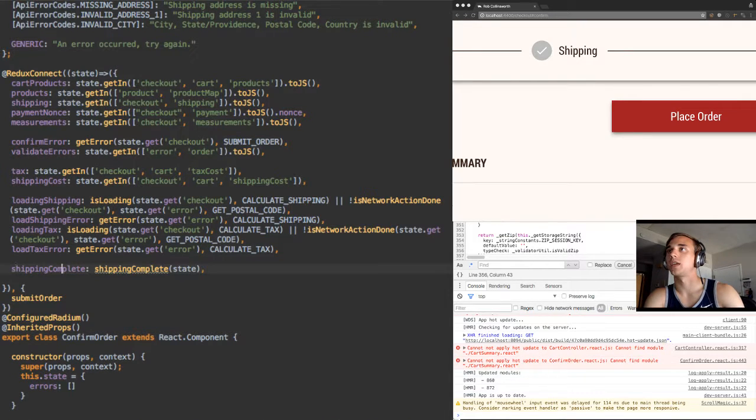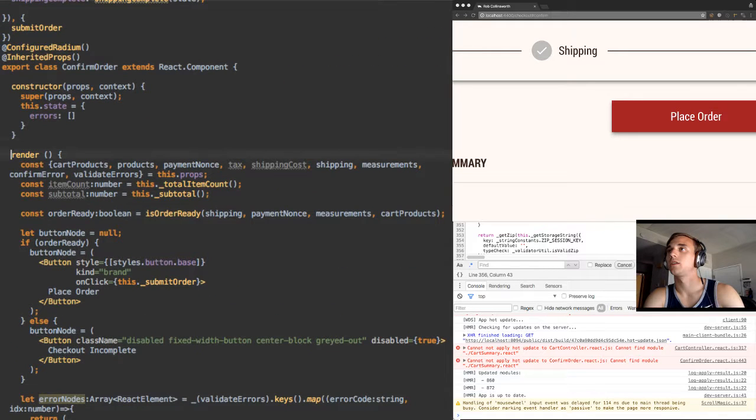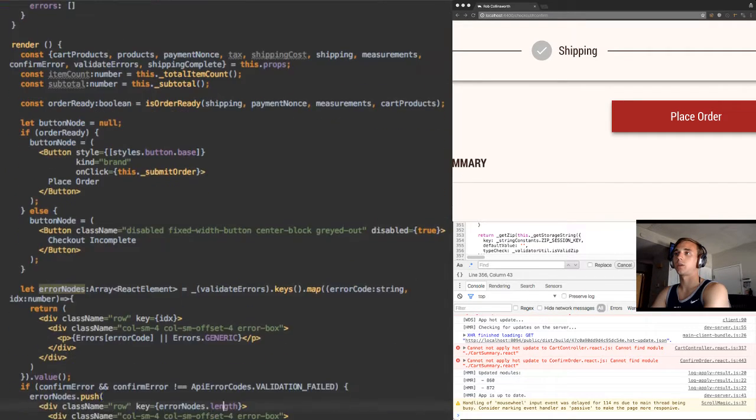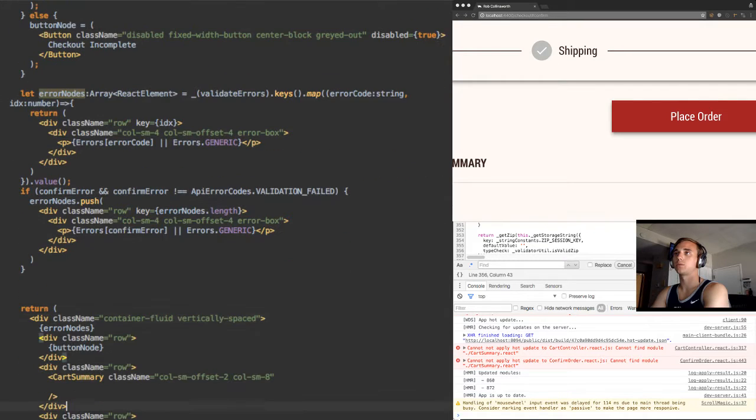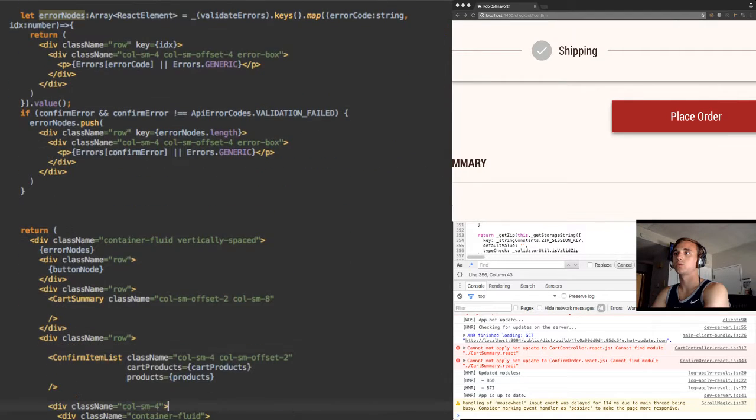Shipping complete state. Okay, should import it. And finally, in our render, we're going to grab that property. Shipping complete. And we're going to put it